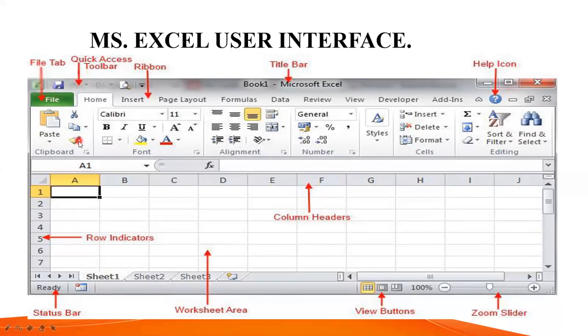Cut, copy, and paste. I told you before that if I want to cut something from anywhere, it will be deleted from that place and pasted to another place, right? But if I want to copy something, I will make a copy of it. If I copy from this cell, it will remain in this cell, and I'll paste to D3. It will go to D3 as well. Copy paste means the text remains the same at two places, but in cut paste we delete from the previous place and insert it to another place.